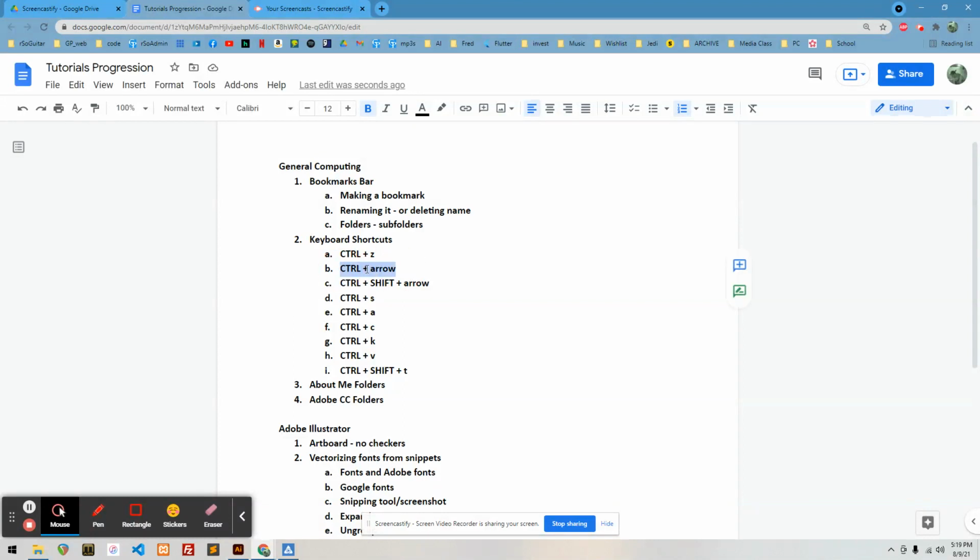Now, Control plus arrow key is another handy one. If you hold Control and then arrow key, it jumps a word at a time. Now, that leads us to the next one. Control Shift does a little different. Let's see. Control Shift